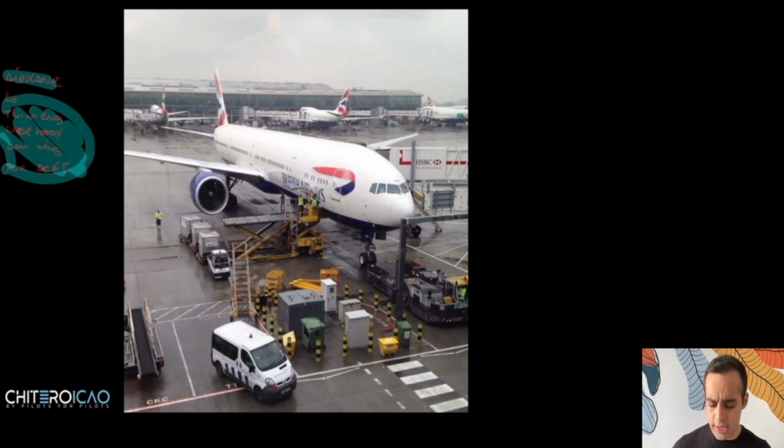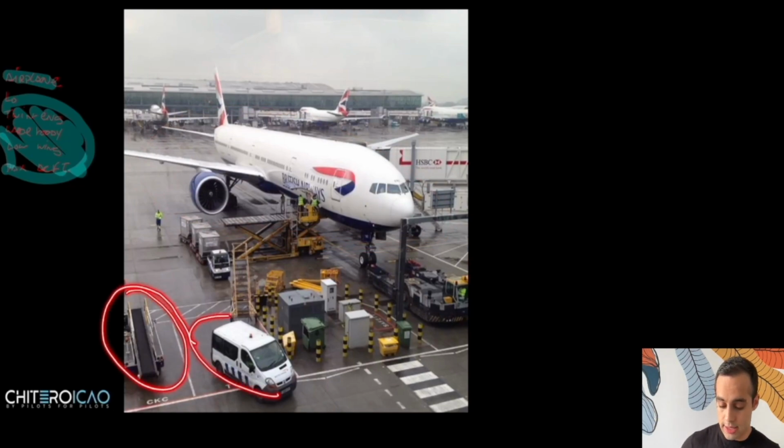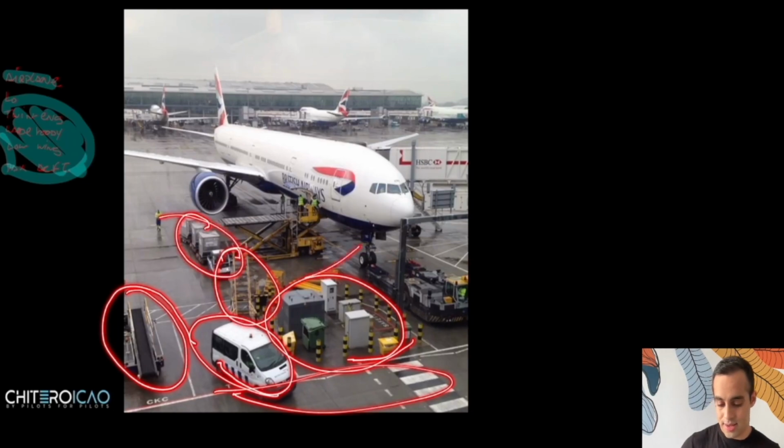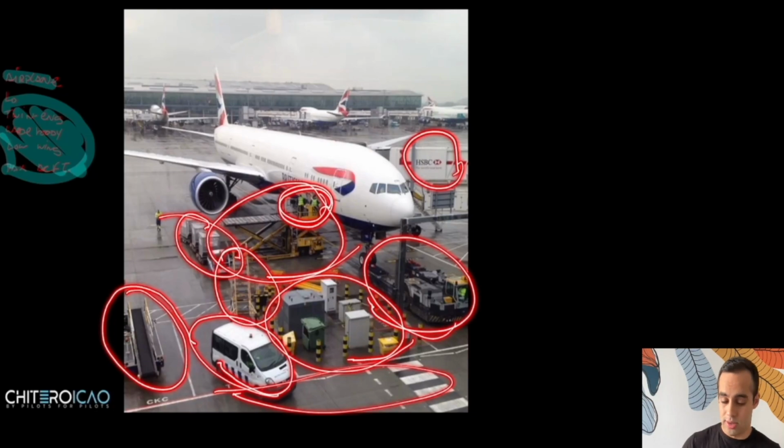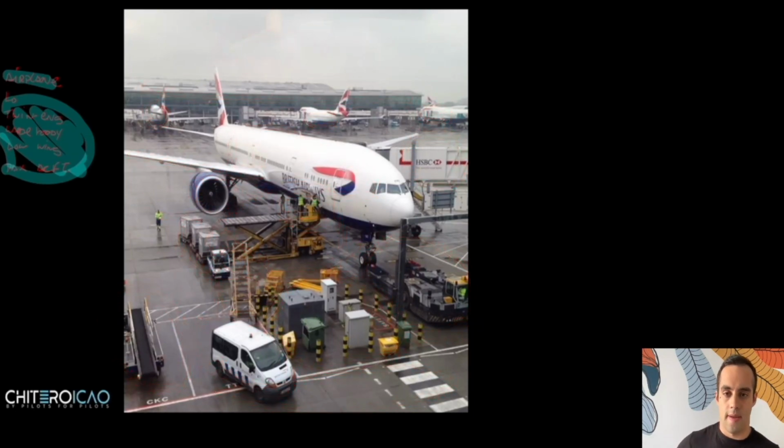So basically, if I had to describe this picture, I would say that I can see an aircraft in the terminal. In the front part, I can see a conveyor belt, a service vehicle, a service road, ground equipment, air stairs, dollies, people loading the airplane, a pushback truck, a jet bridge, a low-wing, twin-engine, wide-body aircraft, 4 airplanes parked on the terminal. The sky was overcast. We put everything together. That's how we do it.